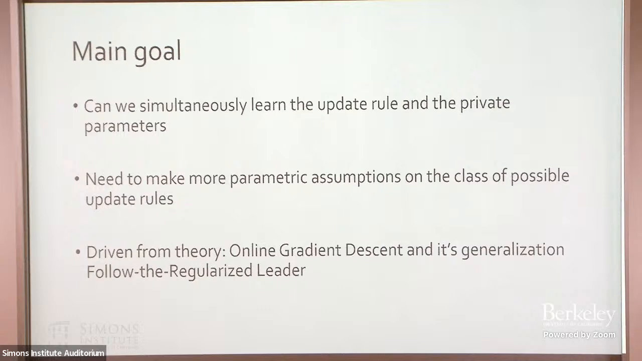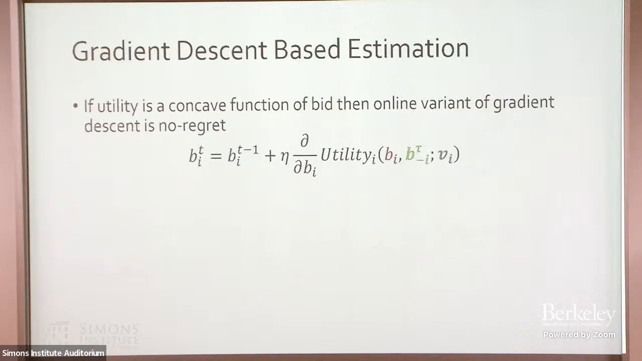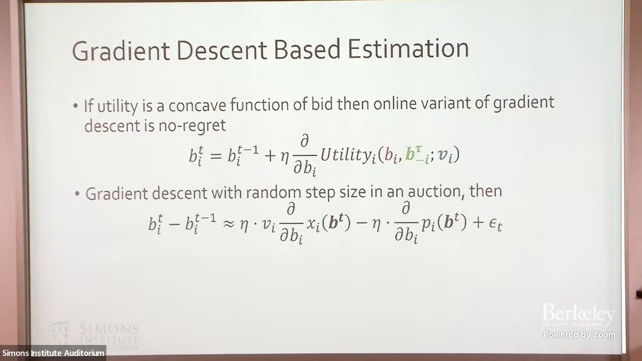And particularly, we looked at one of the most widely used online learning algorithms, so online gradient descent and its generalizations of follow the regularized leaders that many people talked about in the previous tutorials. This is going to be a no regret algorithm if the utilities were continuous and concave, which, because of the randomness of the auction, many times they tend to satisfy these properties, at least for a large region of the bids. And so this gives you